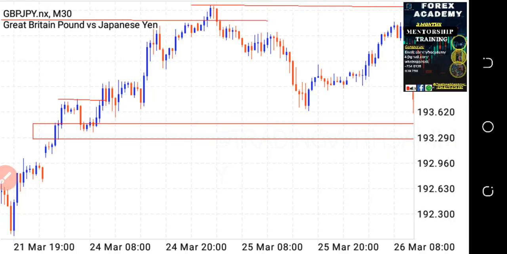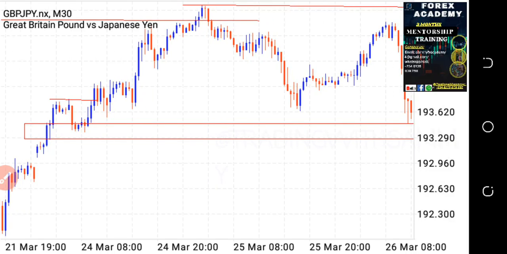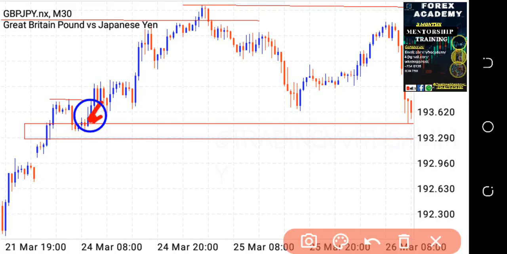And why did it break structure? I told you guys in the first video, I said price actually leaves a fair value gap. If you go down to the 5 minutes, you will see this as a fair value gap. Now another thing that I want to show you in this video is that smart money guys have a way of creating static liquidity. They call it static liquidity, where price pulls back after the breakout.